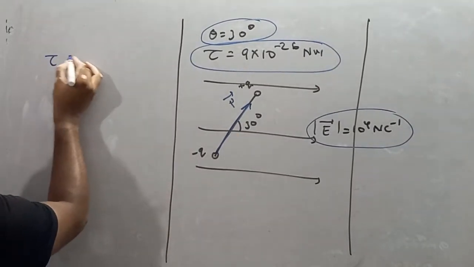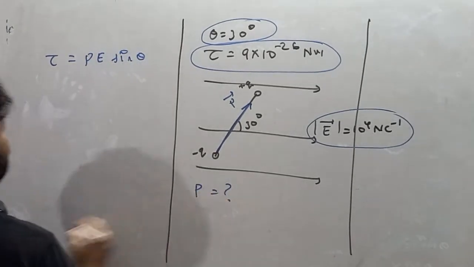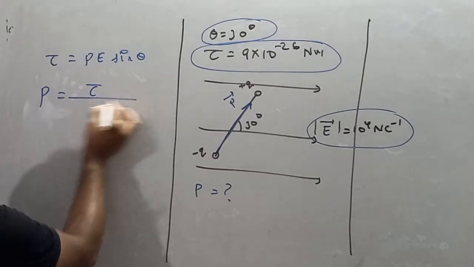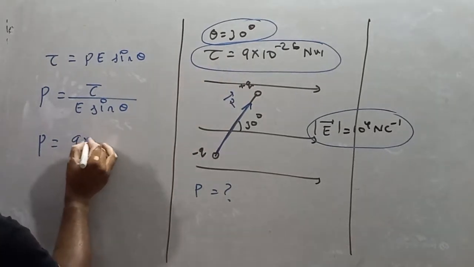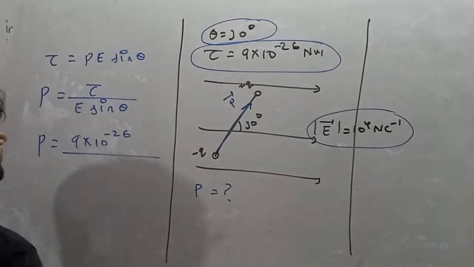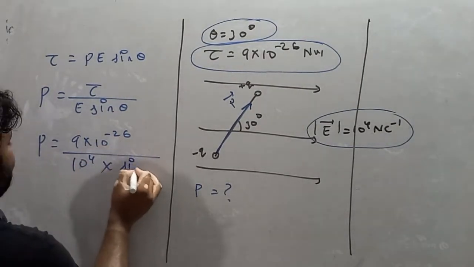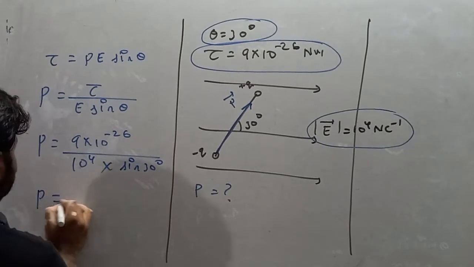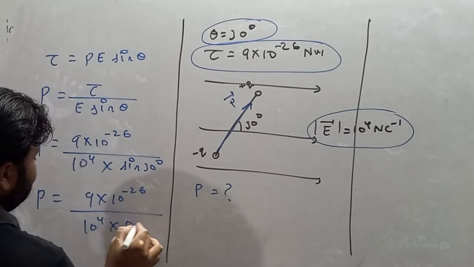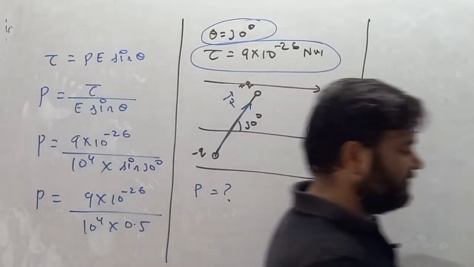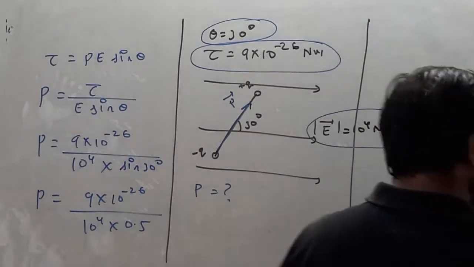So we know that torque is equal to PE sin theta. We wish to find the value of the dipole moment, so the dipole moment is tau by E sin theta. The value of torque is 9 into 10 raised to the power minus 26, divided by the electric field, 10 raised to the power 4, multiplied by sin 30, which is half. So 9 into 10 raised to the power minus 26 divided by 10 raised to the power 4 into 0.5. Try to find the answer. The answer is 1.8